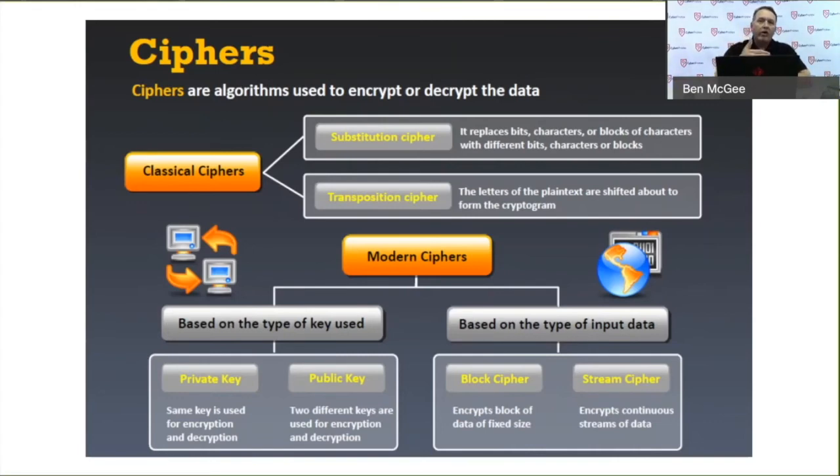Once we go a little bit deeper into the bowels of cryptography, we can start to look at a little bit more granularity, and that's where the different keys come into play. Those keys are, just like it says on the screen here, the public key and the private key. Public key means that two different keys are used for encryption and decryption, whereas the private key would be just the same key used for encryption and decryption. So it's important that on this slide, we recognize that 100% of the time,